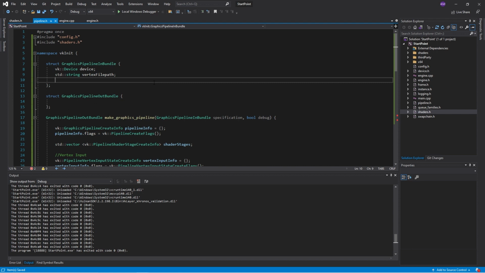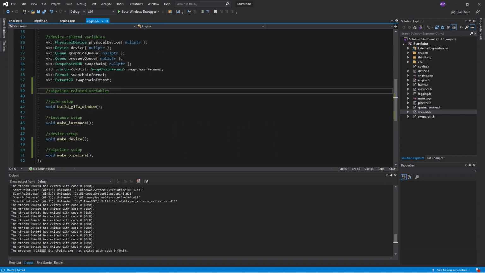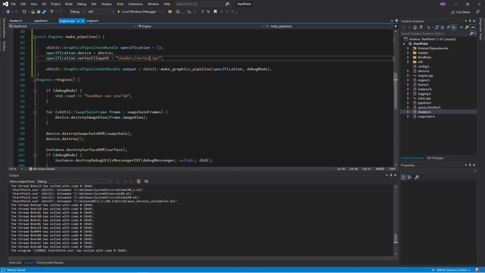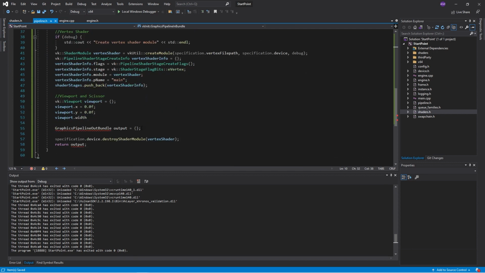I think it's an extent 2D. So we're going to pass in how big is everything. So we double check here. Yep, swap chain extent is an extent 2D. Okay. We can then access that info. So we'll go down here and say width is